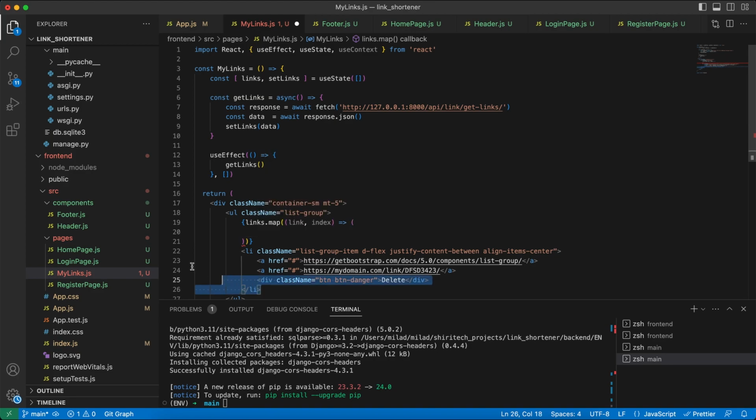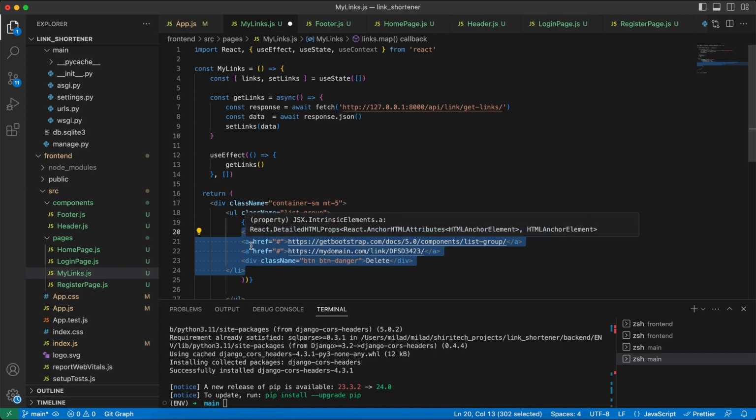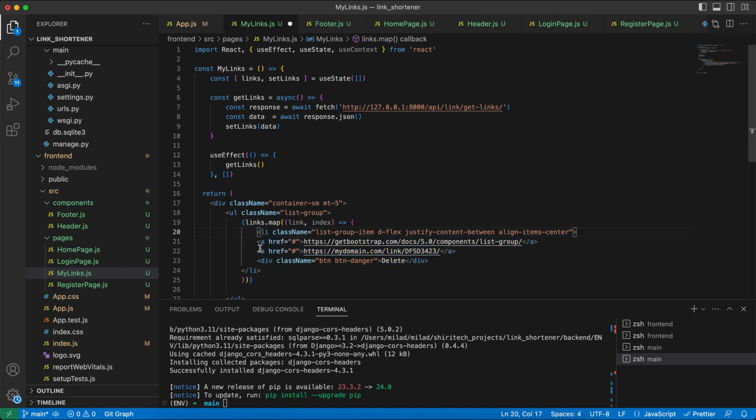And here, grab this, put it here. So basically what it does is that it's going to loop through all the links inside links. We're using the map function here, and it feeds link and the index of the item in the array. And then we can use a link for the